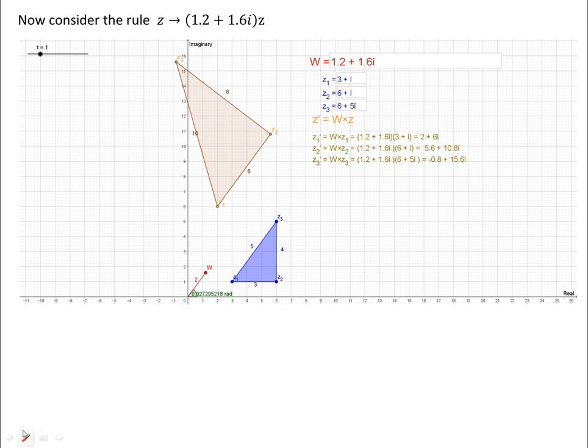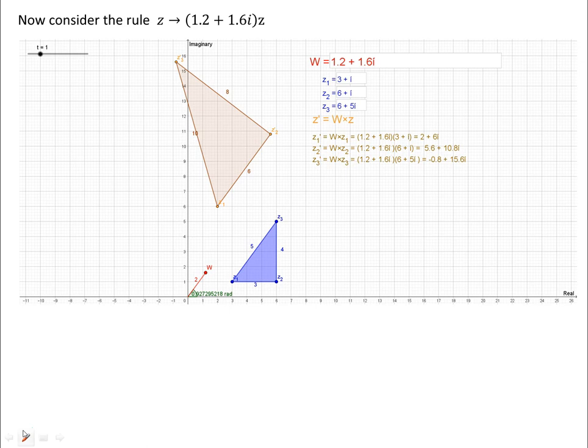We're calling the complex number 1.2 plus 1.6i the complex number w. So first of all, notice that I've got w plotted towards the bottom of the diagram, and that we can see that the complex number w is 2 units away from the origin,